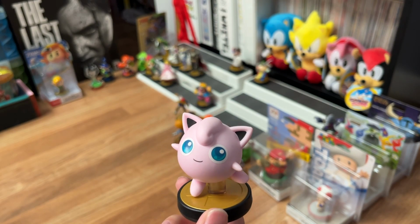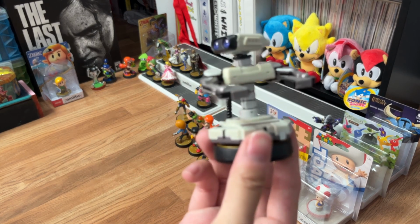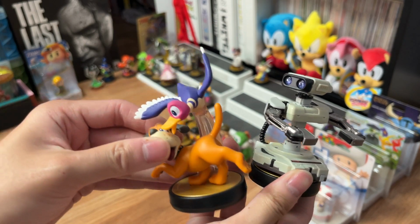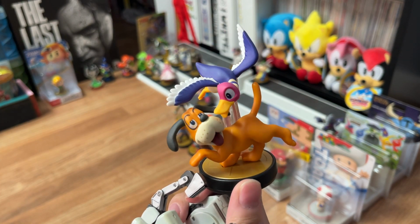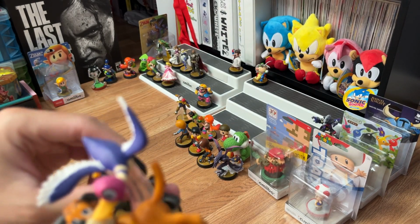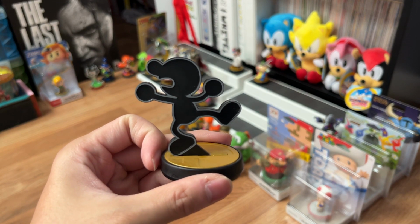But if it's completely destroyed, then I'll just open it at that point. Next one we got here is a trio pack, so apologies, but just give me a second. We got Rob with the original NES colors, and we got Duck Hunt Dog. Very cool that we got a figure for the Duck Hunt Dog, and obviously we got Mr. Game & Watch. I do have the attachments on my side, just have to grab them in just a second,